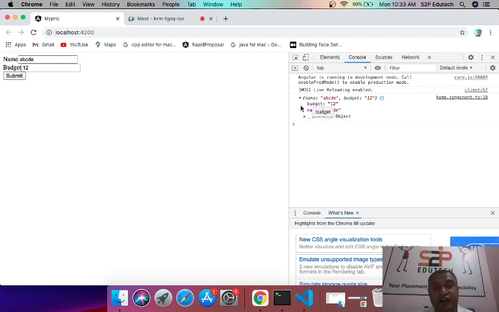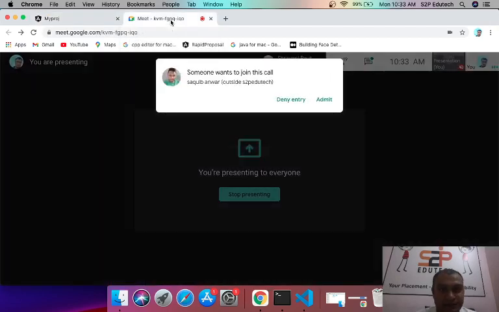What you can also do is, you can create a service. Inside that service you can create a function which would be, say, add movie, and you can pass this data to your server via some post request. That is what you can do. So that is what a reactive form is.